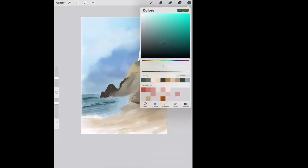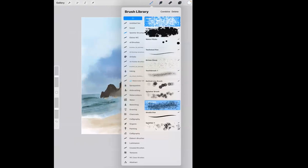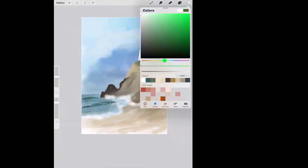I love my splatter brushes, and I'm going to go in and use one of my splatter brushes. This one's pretty big, but let's try it. To put some white foam as it hits. Look at that. You can put some waves in. Now the sand is usually darker where it's wet, so